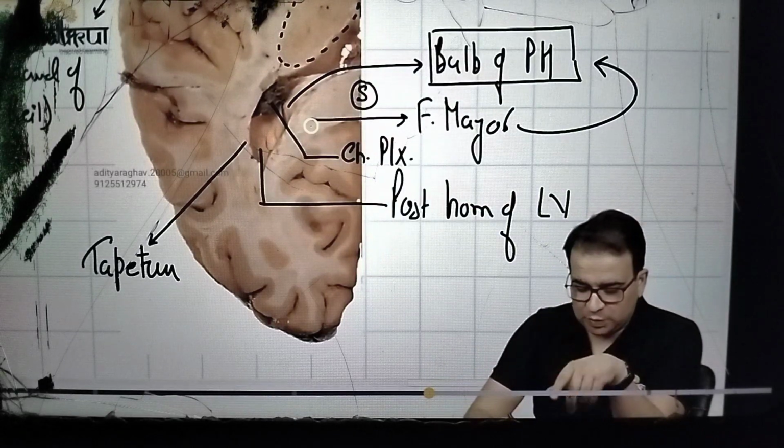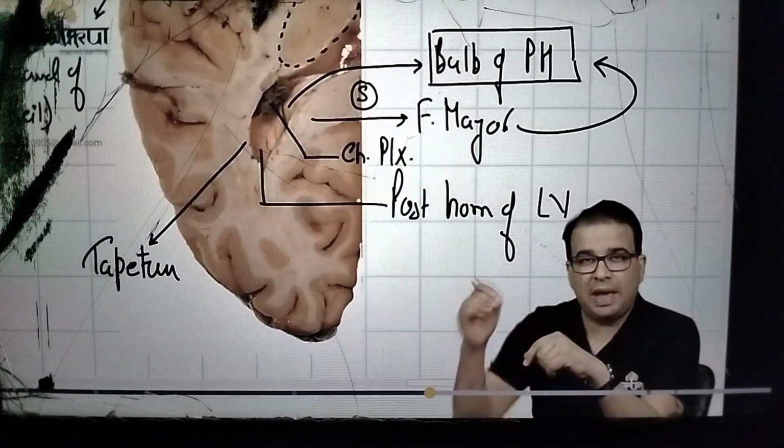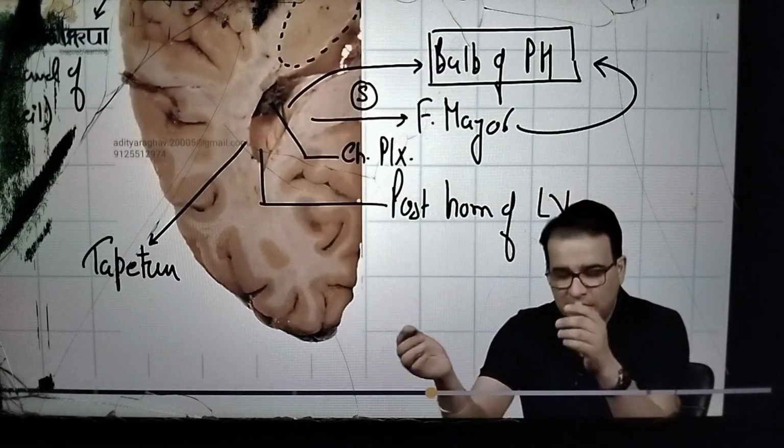Forceps major was present on the medial side of posterior horn. These fibers are also coming from splenium and the posterior part of body of corpus callosum, but they are running lateral to posterior horn. And guys, immediately lateral to the tapetum, another